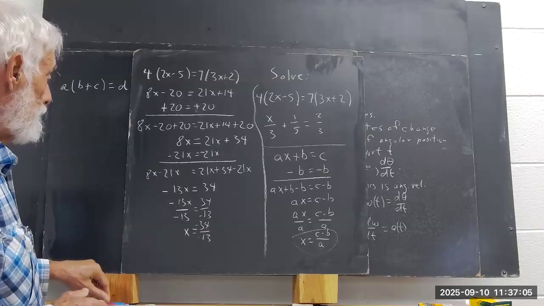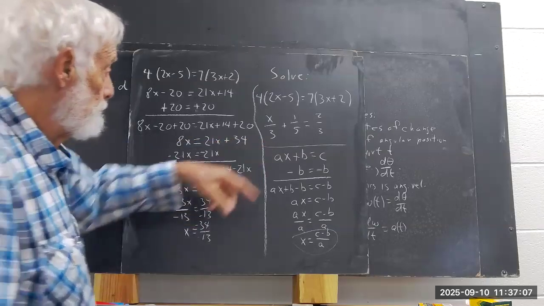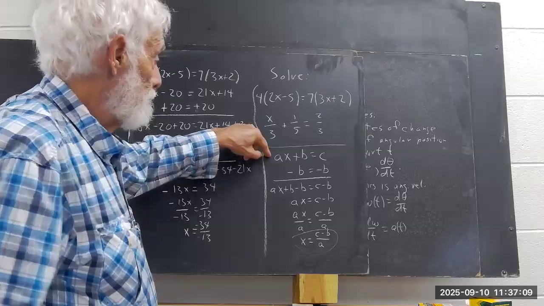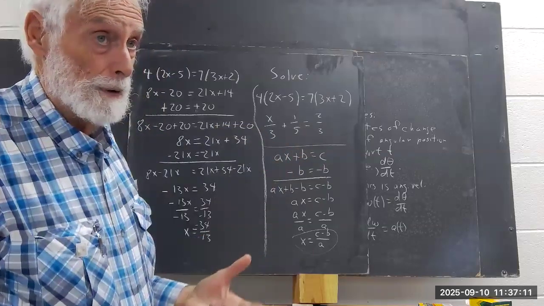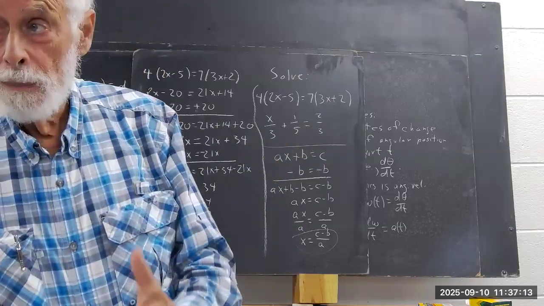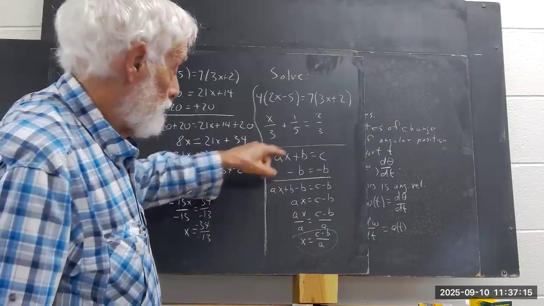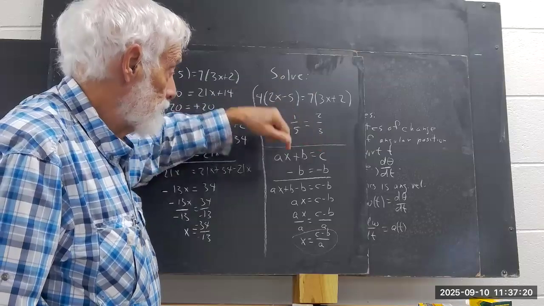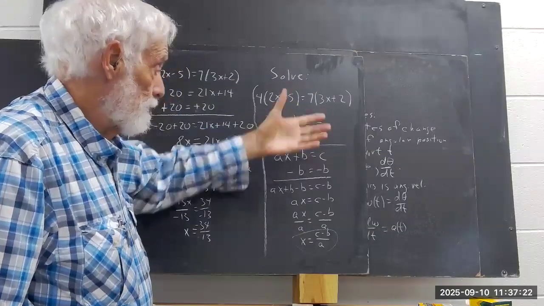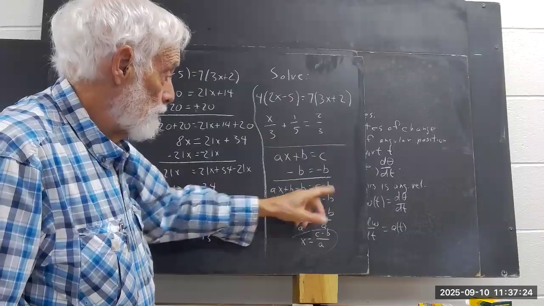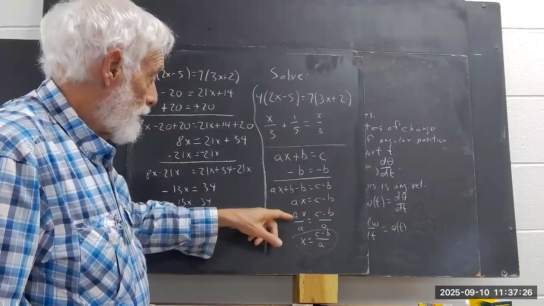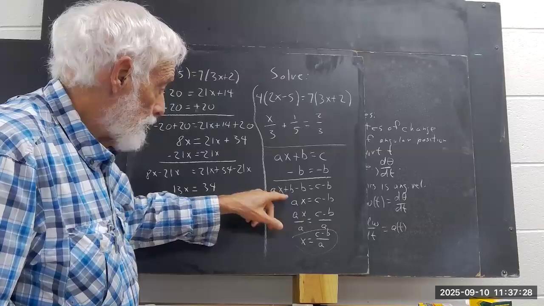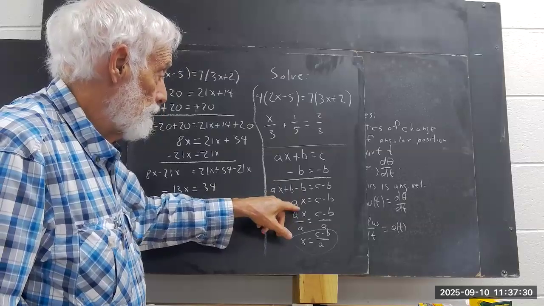Now I'm going to stop. I'm going to go over this one. I did this one because people did real well with this one, okay? Even though we hadn't talked about solving formulas. I gave you this, ax plus b equals c, solve it for x, subtract b from both sides, you're in the habit of doing that, and write out what you get. And then simplify ax plus b minus